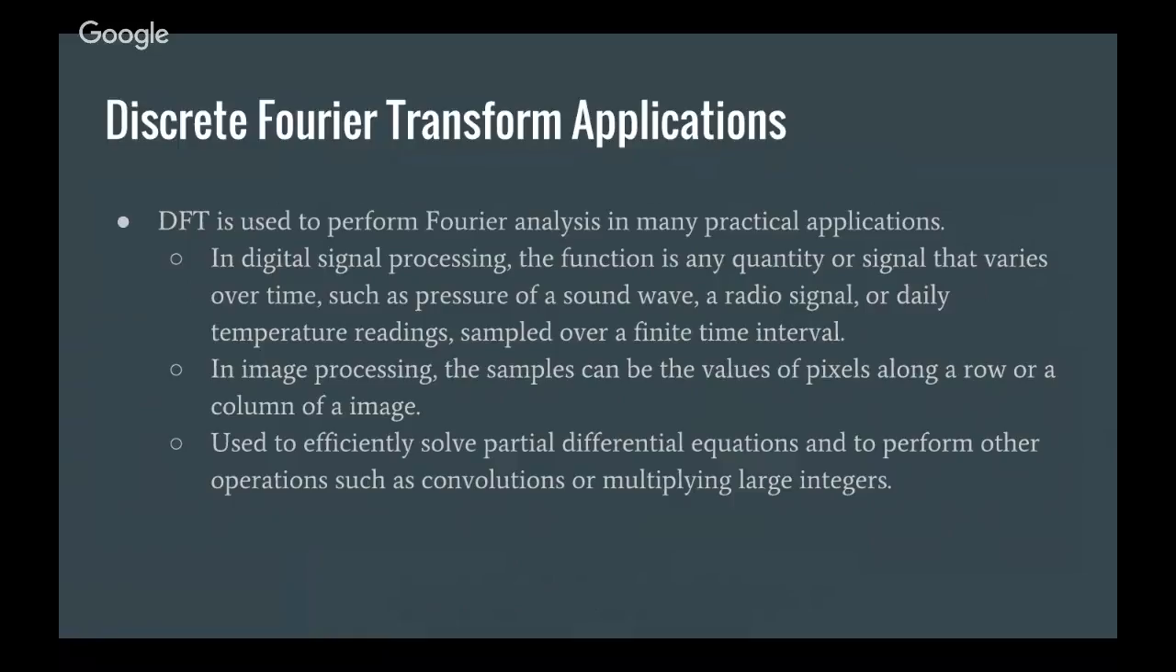So one of the big ones, there's image processing, there's digital processing, so music. So in digital processing, for example, the function is any quantity or signal that varies over time, such as pressure of a sound wave, a radio signal, daily temperature readings, and they're sampled over a finite time interval. In image processing, the samples can be values of pixels along a row or a column of an image, and